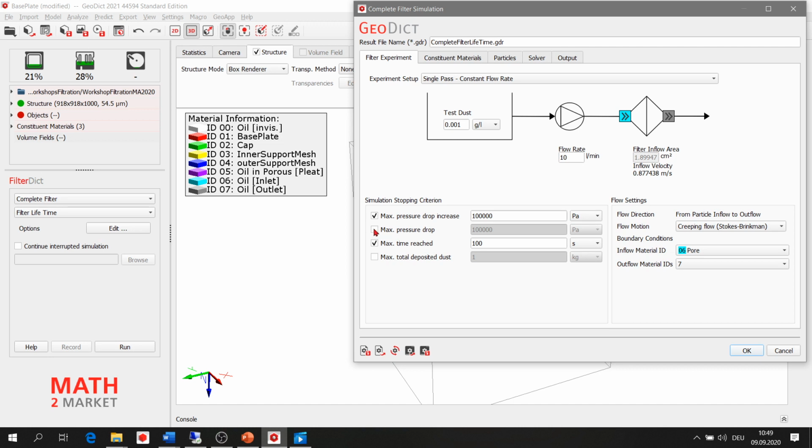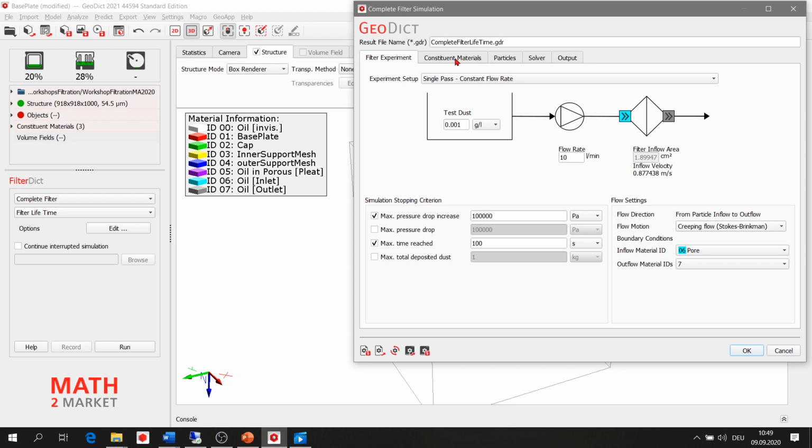You can also select all of them, but as mentioned, as soon as the first criterion is reached, the simulation will be stopped. All right, so everything is done here.